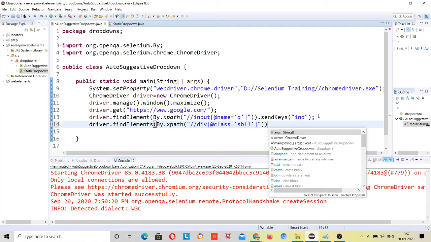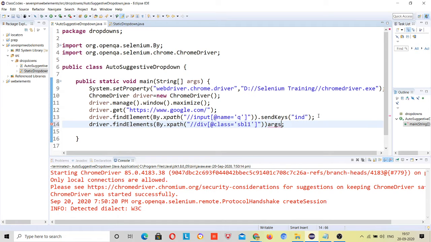And because we know that multiple elements will be returned, for that we have to store that inside a list.